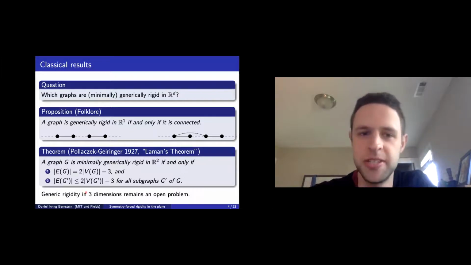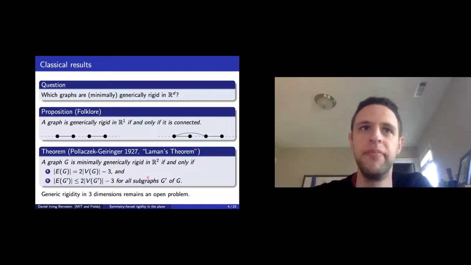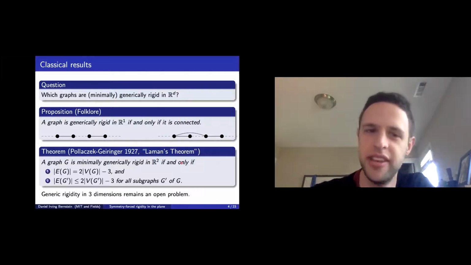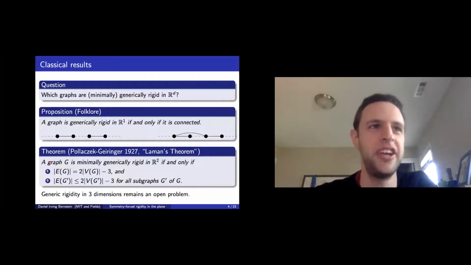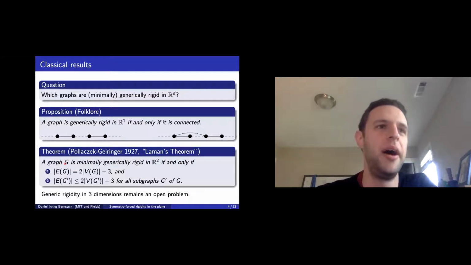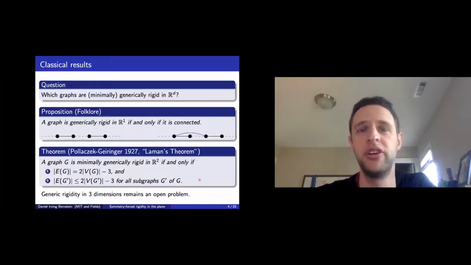In two dimensions, there's also a characterization. It's due to Hilda Pollaczek-Geiringer, but that was evidently forgotten until around 1970 when Gerard Laman claimed to have proved this. But anyway, the characterization is that a graph G is minimally generically rigid in R2 if and only if